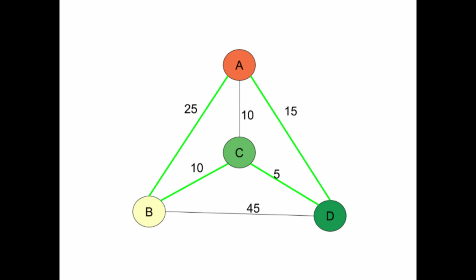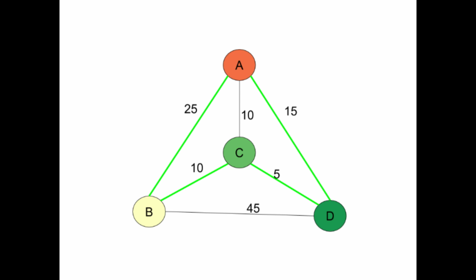Now consider, for example, a graph where A, B, C, D represent the cities, and it's represented using a graph here, and the distance is represented by weights on the edges, and the person is starting from vertex A. Source is vertex A, and the person has to travel to all the cities exactly once and return back to the original city, that is source vertex A, and we have to find the shortest path, the path with minimum cost. And we will start from vertex A.